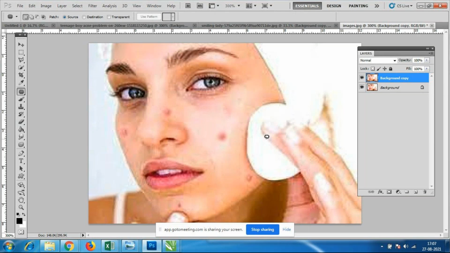Okay, I'll come back once again. So you have to select this using this third option, that is the patch tool. You have to copy the skin. Okay, select whichever area you want, select it and copy. Control. So near to that only you have to copy it, because then the color combination, everything, will